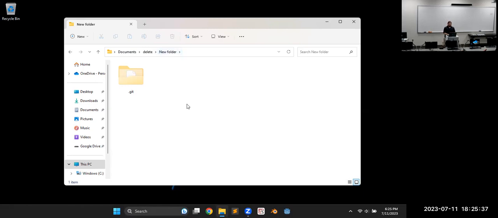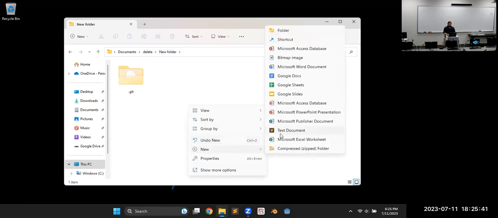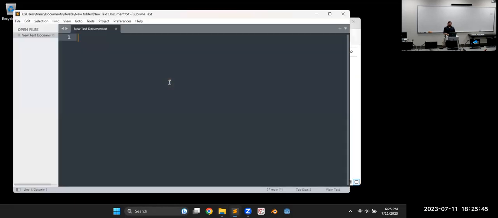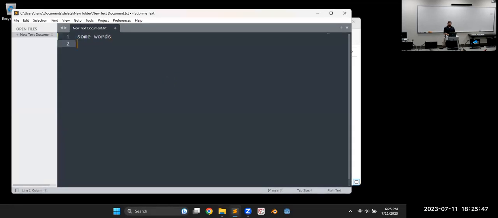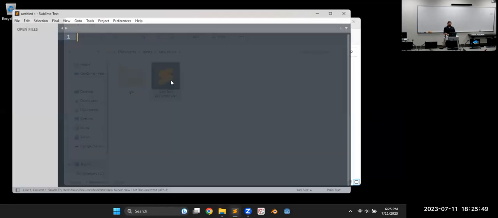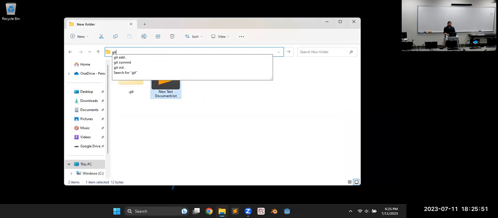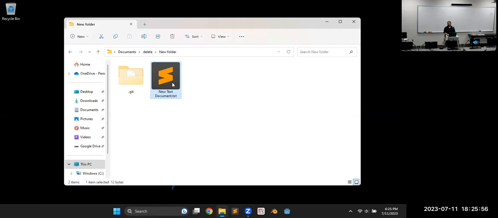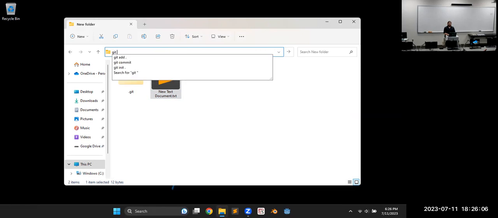And other things, like if we made a new text document, right-click and go to New Text Document. That's a good name for it, New Text Document. Put some words in there, save that and close it. git add dot. Yeah, I was doing all this over the weekend and realized that we had never seen it done that way in class. And I do it this way. This is a useful way to do our basic commits, because now that those files have been saved,